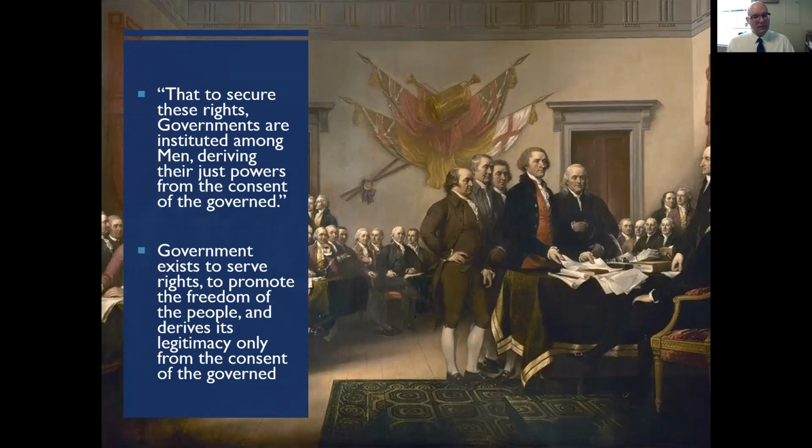So again, the notion is that people can see this, they can tell whether these rights are being protected or whether they're being threatened or even starting to be taken away. And therefore, as long as the government is doing what it's supposed to do, the people will consent. And that's when government is just, when it's justified, when it's legitimate, okay? So that's the notion, okay? What is the purpose of government? To secure these fundamental rights. Therefore, what makes government just or legitimate?